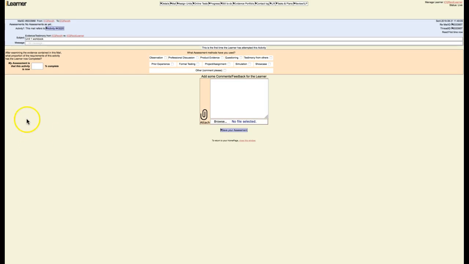The next page then is saying to you, is this activity complete? If the activity is complete, how complete is it? So we're going to say that this is 100% complete. We're happy with it, and it will sign off all the criteria that we've claimed in the background. We then need to